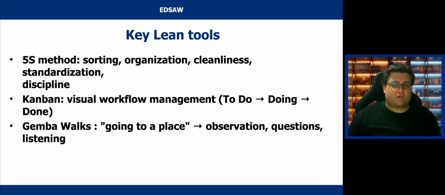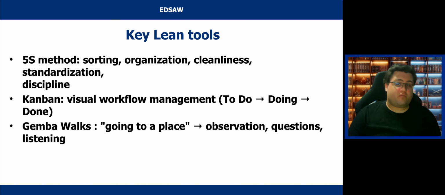The third tool is called Gemba walks. In Japanese, Gemba means the place where value is created. Managers, therefore, go directly to the workplace to see processes with their own eyes, listen to the employees, and ask about their problems. The goal is not to control, but to collaborate and to find ways to improve, to everyone's benefit. These three tools, 5S, Kanban, and Gemba walks, form the foundation of lean practice and help organizations translate the